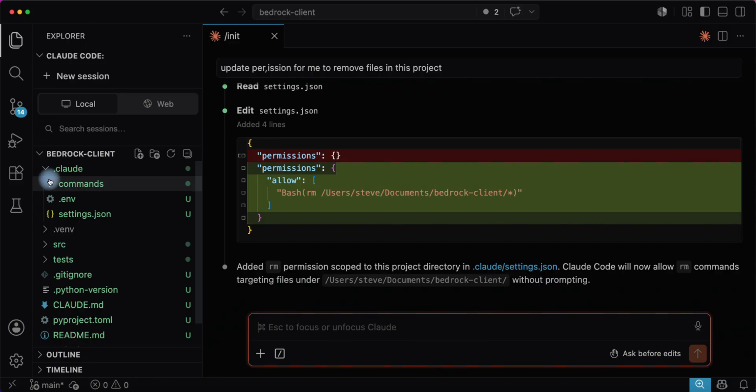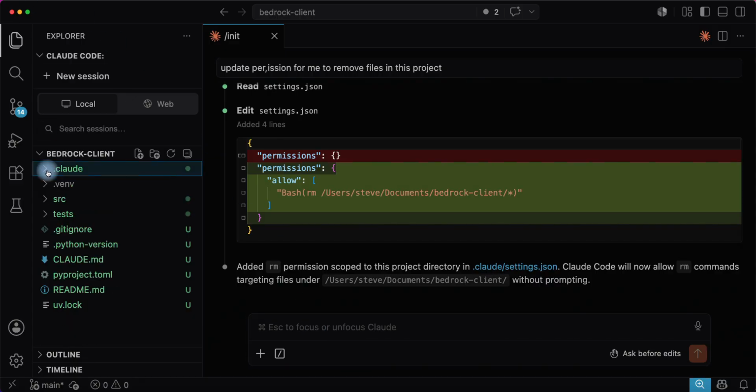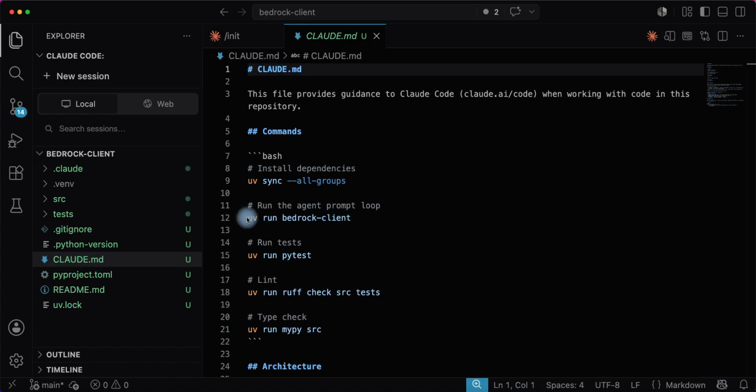Let's look at a couple of files, okay? So the first thing I want to look at is this Claude MD file. This should tell me everything about the project. This file provides guidance to Claude Code when working with code in this repository. Okay,